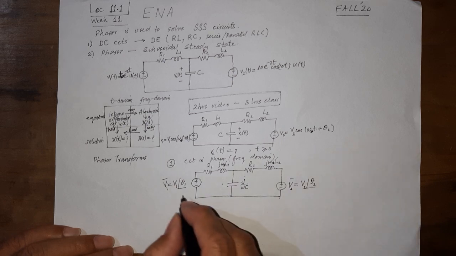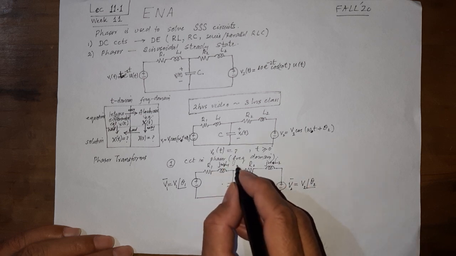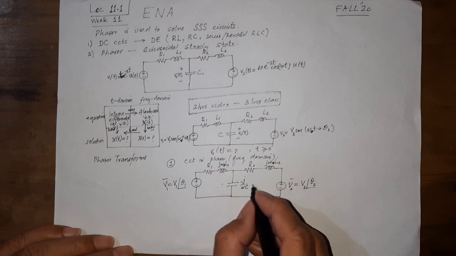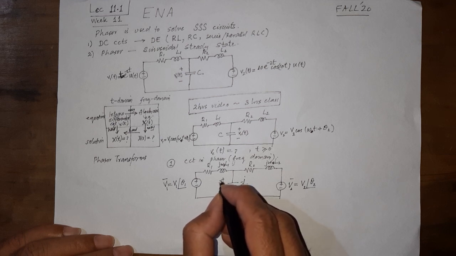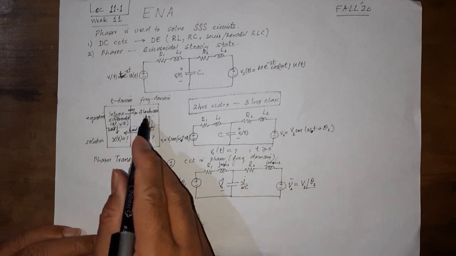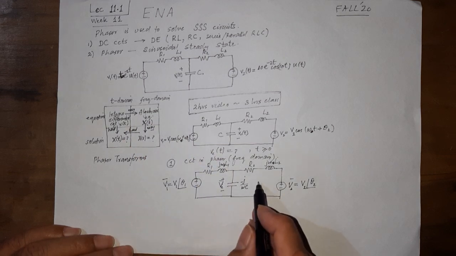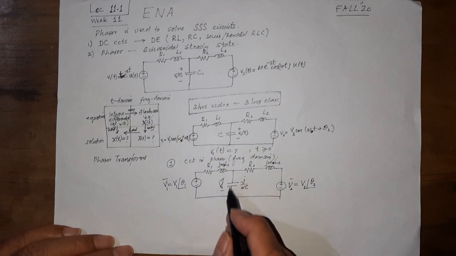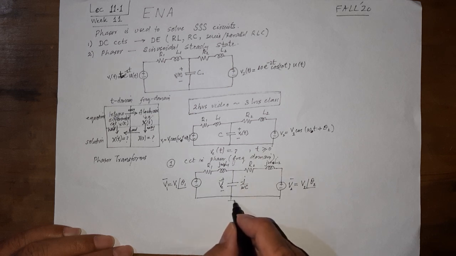We can write this phasor in volts, this in ohm, this also in ohm, everything in ohm, and the voltage across this will now be capital VC, and there is no t in here. So this conversion is easy, and these algebraic equations are just an application of MCA or NVA. Here, because this has two essential nodes, NVA is more comfortable, so we can take this as reference.